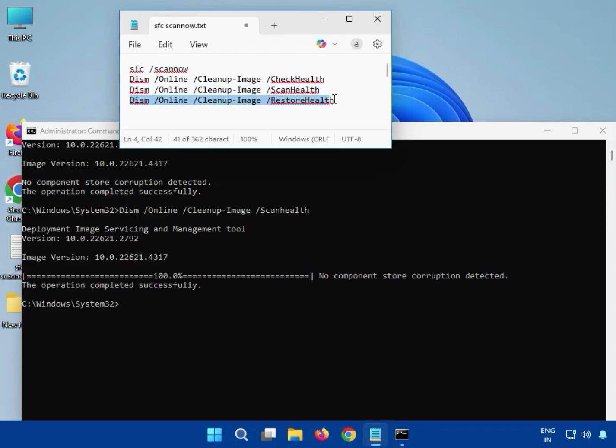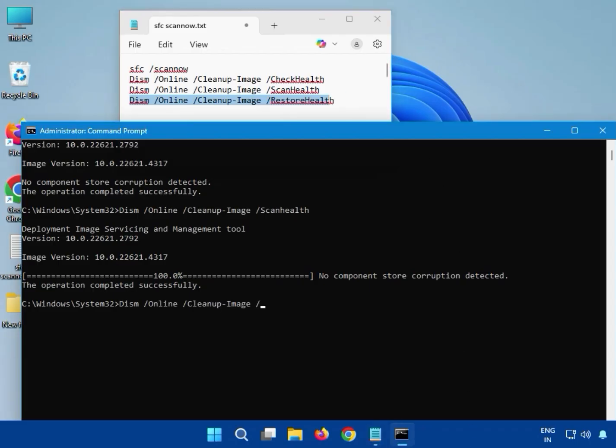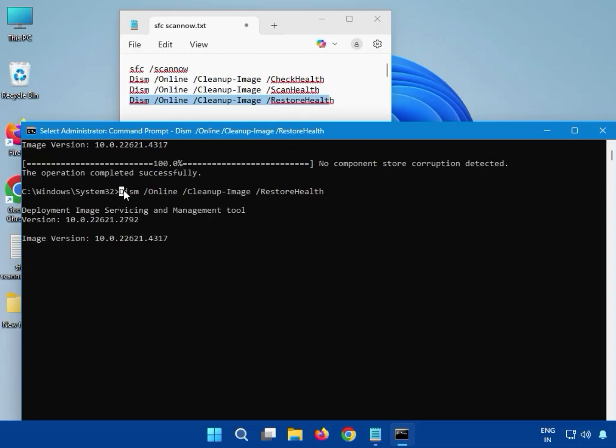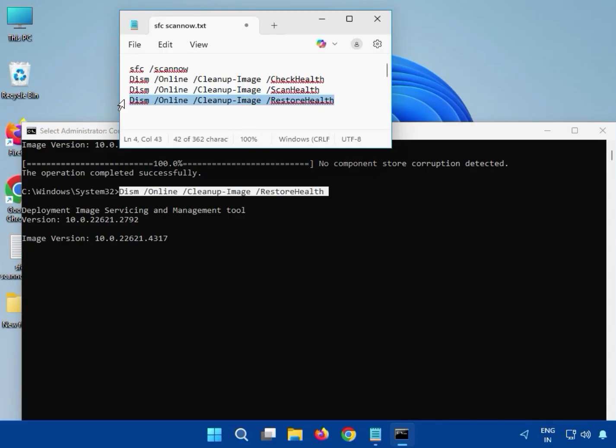Then guys, fourth one, which is restore health, you can see here you can enter like DISM and all, and please note small and capital. Okay, restore health, and then hit enter. Again guys, you have to wait. Okay, it starts the percentage, it will complete. After that you can see here